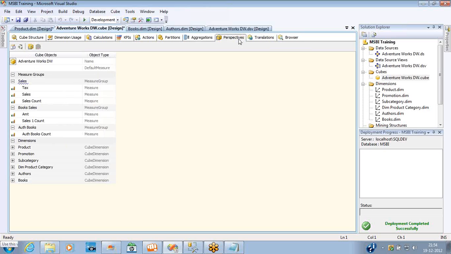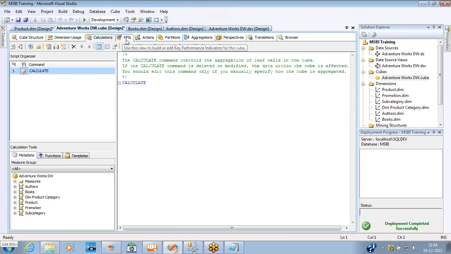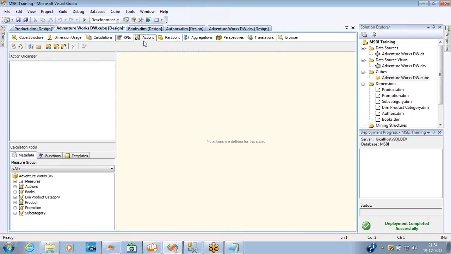And perspectives is a very good, simple concept. The next important thing you have to concentrate on is first partitions, and calculations is the next high priority one. For calculations, KPIs and actions, you need to know the MDX part. MDX is nothing but the querying language to query SSAS cube data, just like we use SQL to query the data from SQL Server. In the same way, we use MDX to query the data from the cube database. So if you're good in MDX, then you can play with the calculations, KPIs and actions. So we'll explore each and